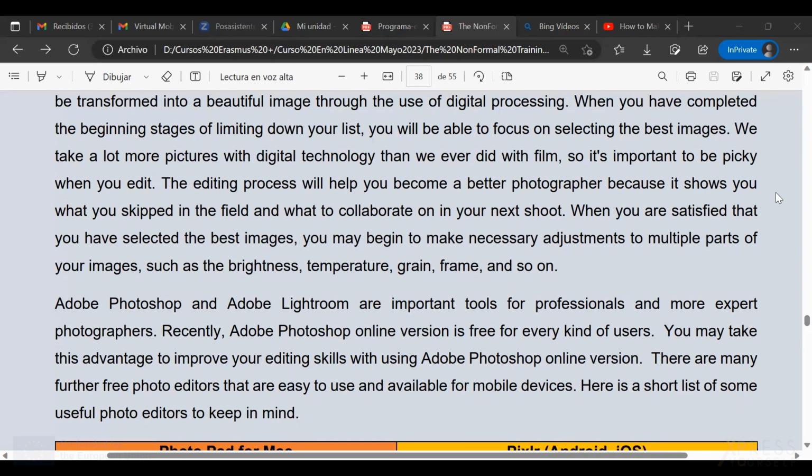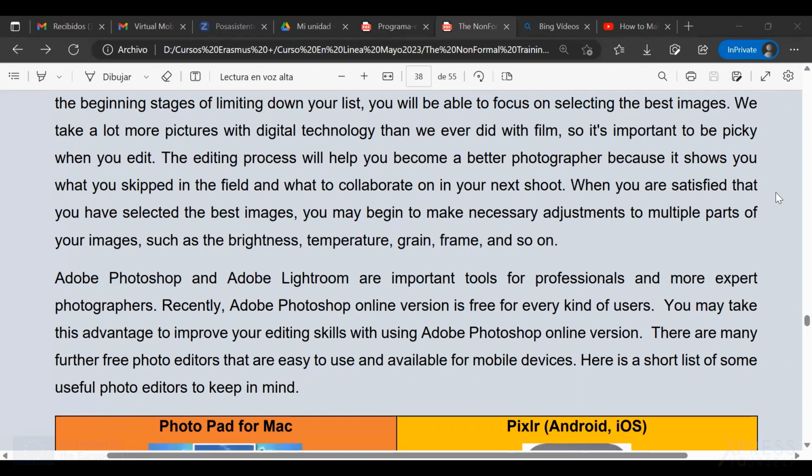this online version. But there are more online free photo editors that are easy to use and available for mobile devices as well. So here we have a list with some of them.